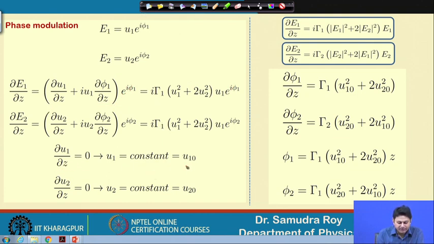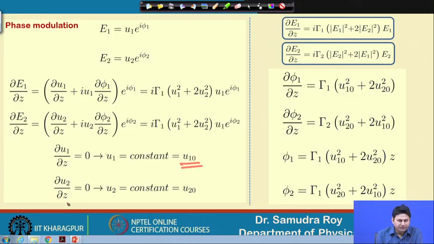So, from here we readily find that U1 is a constant, that means there will be no change of the amplitude of U1, and whatever the value we have in the input, it will remain conserved. This is not a new outcome, because in the previous slide we have done the same thing, that the intensity of an individual wave will remain conserved under cross phase modulation. So, here we are doing a similar kind of stuff. In a similar way, we find that U2 is also conserved or constant. So, amplitude is not going to change.